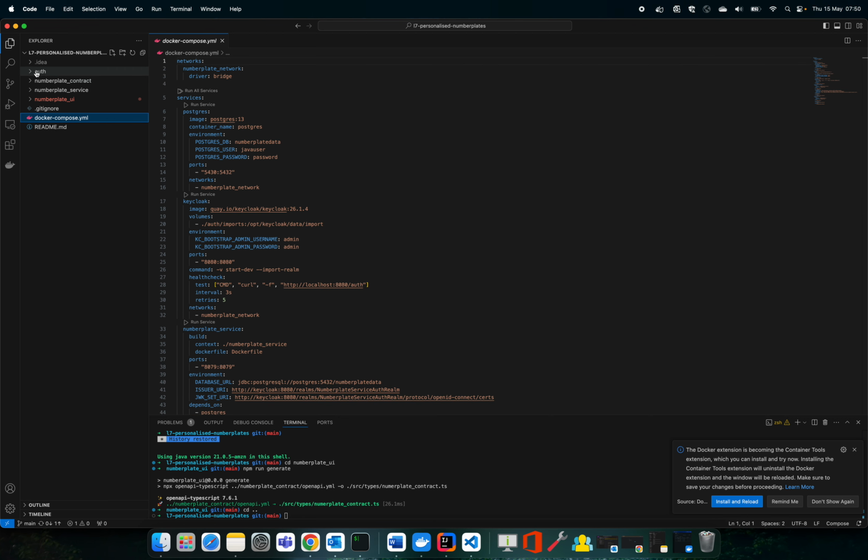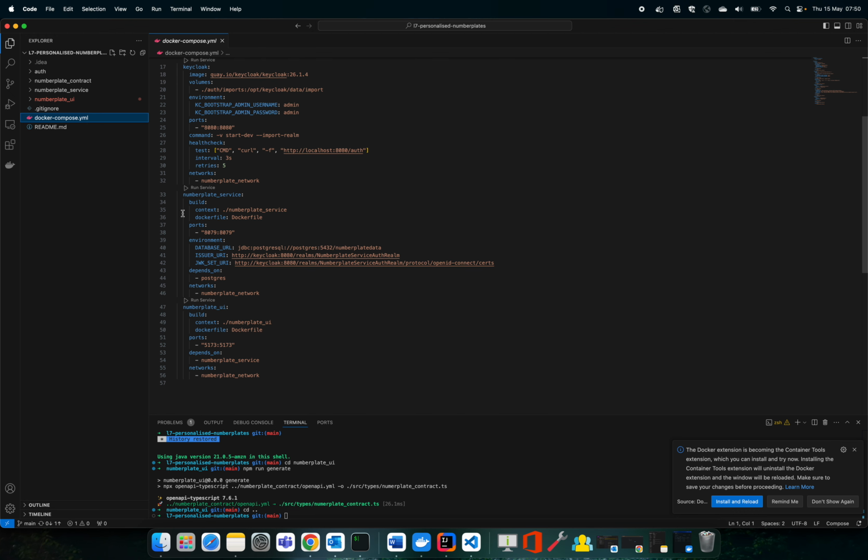This will run the database, then it'll run Keycloak. Once they're ready, it'll run the service and the UI. So if I do Docker Compose up,